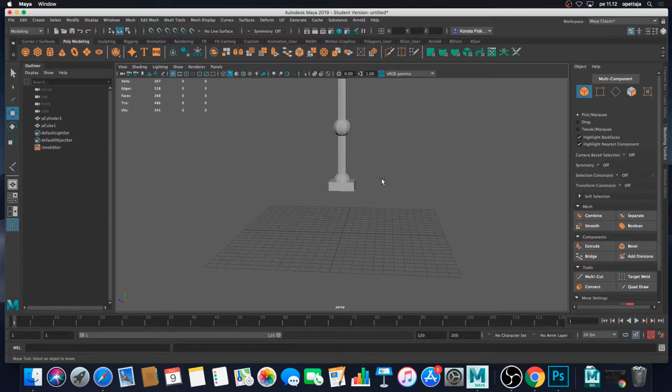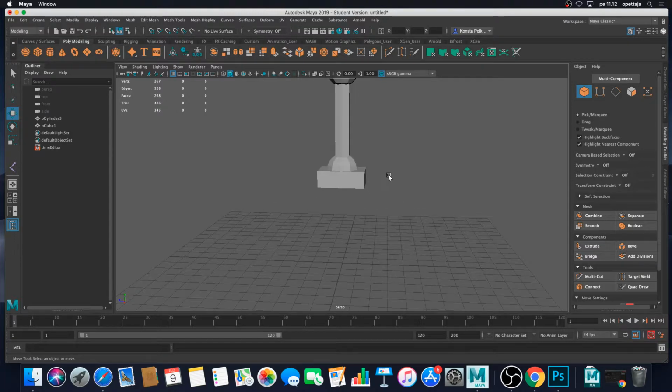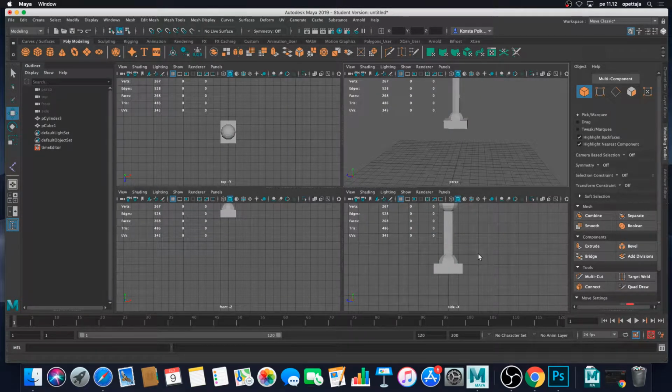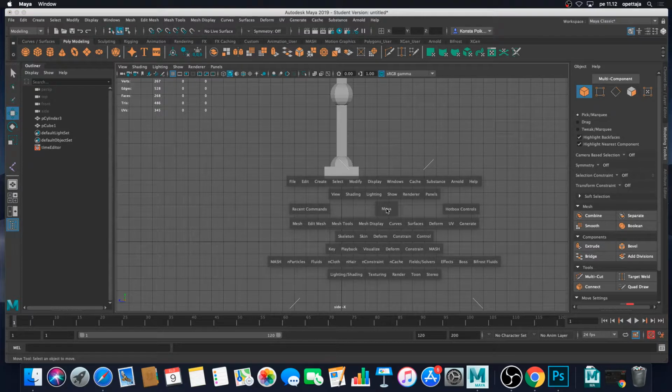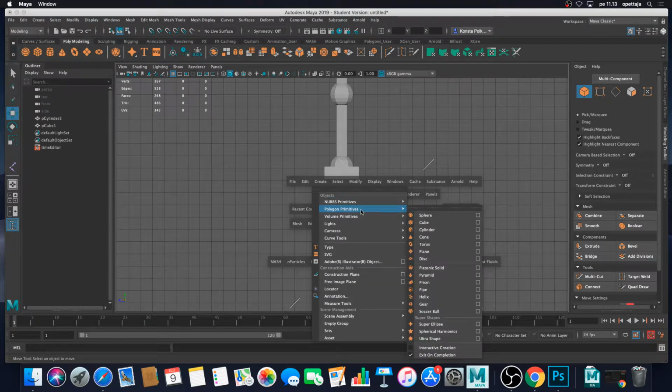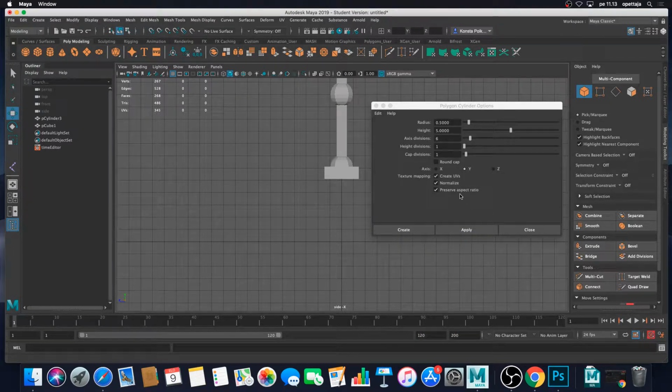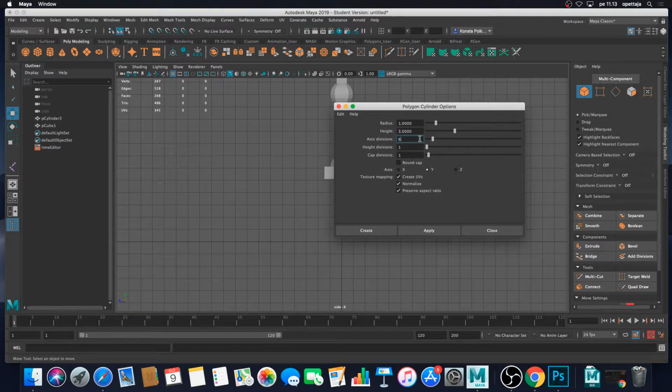Next thing what I'm going to create are the joints for the robotic arm, so I'm going to use cylinders over there. So I'm jumping back to the side X, and then I'm pressing my mouse's or spacebar down and going into the creation menu, polygon primitives, cylinder with options window, and actually this time we want to change the radius of our cylinder to be 1 and height to be 3, and we can actually increase the axis divisions to be maybe 10,